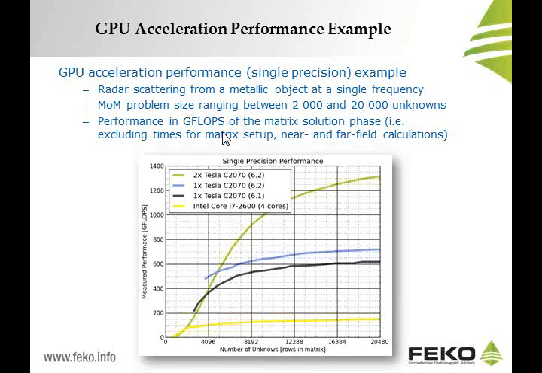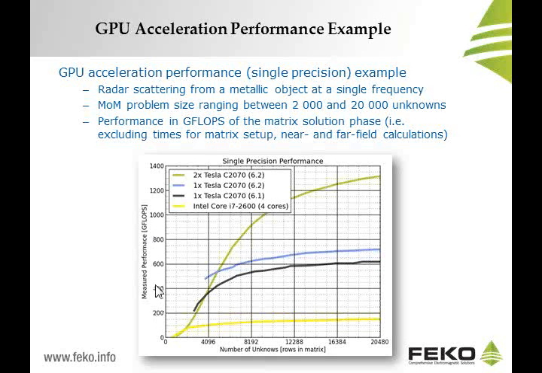We use the method of moments solver with the matrix algebra executed on the GPU with a varying number of unknowns from 2000 to 20,000, and plot here the measured performance in gigaflops,